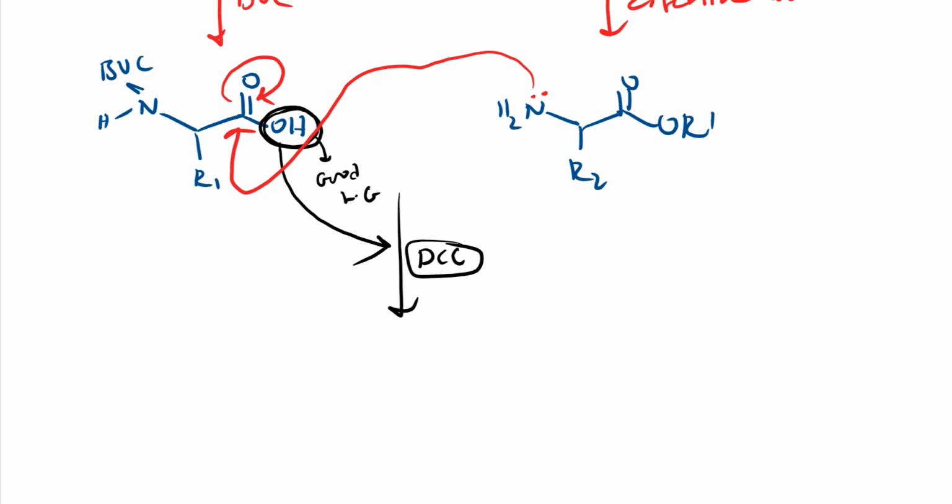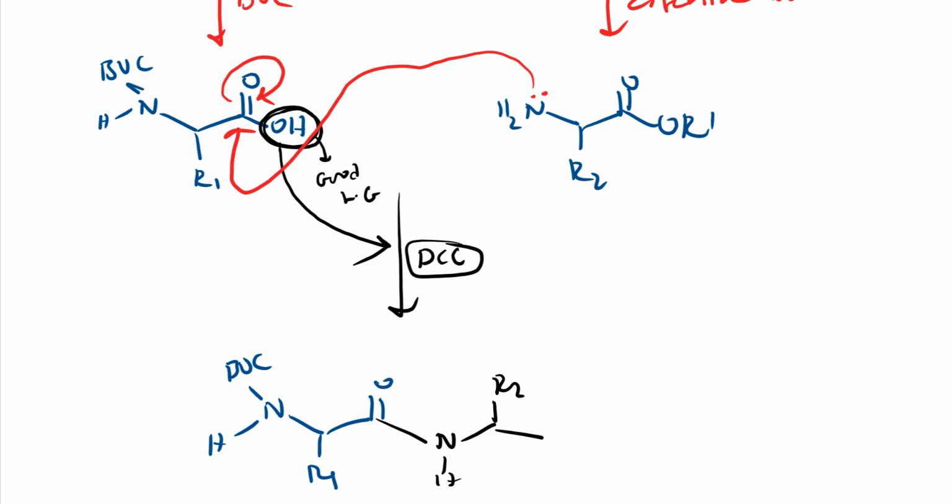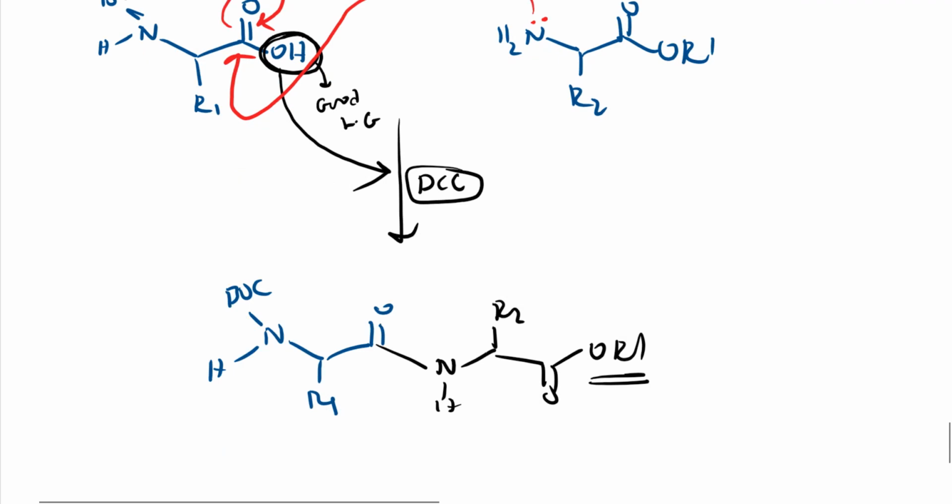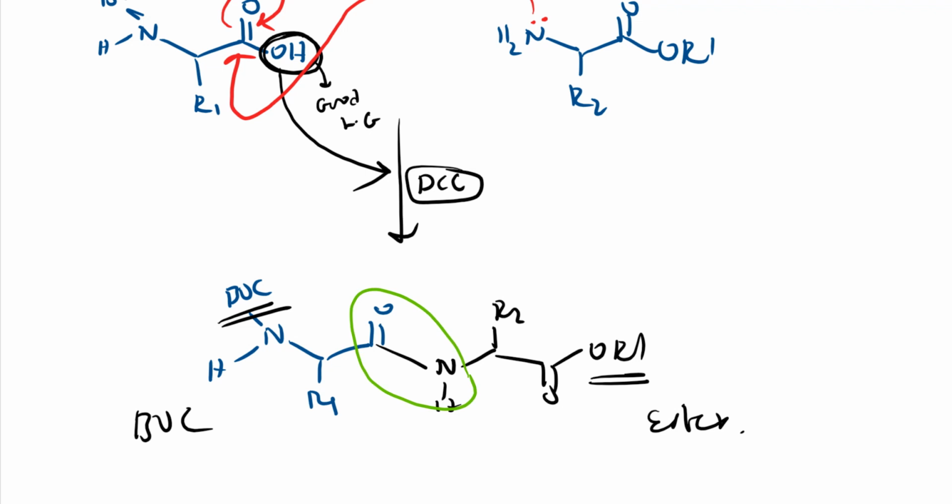See here, I'll show. So this is N protected, so Boc. Other things here, R1, CO, and this bond is formed. See here, this NH bond. Here one more amino acid I have, R2, COO, which is protected by ester. Here it is protected by Boc, and here it is protected by ester, right? So this bond is there, right? Which I am showing with the green marker, the peptide bond, the carbon-nitrogen peptide bond.